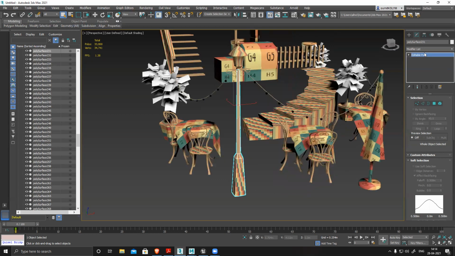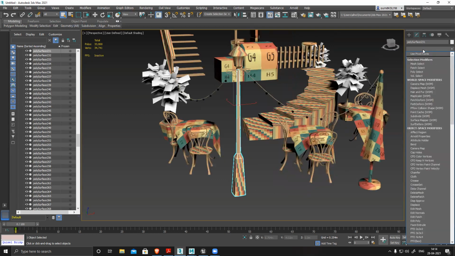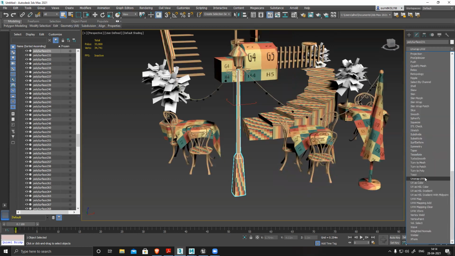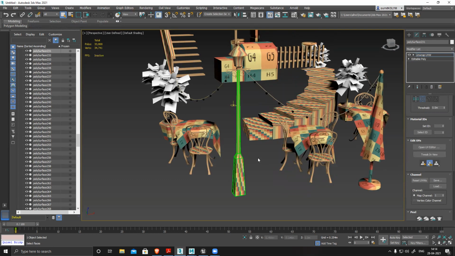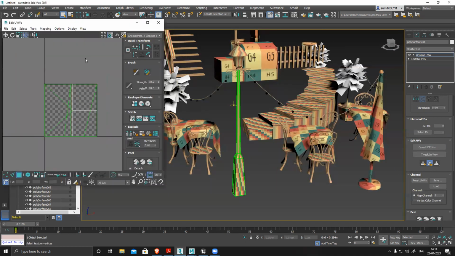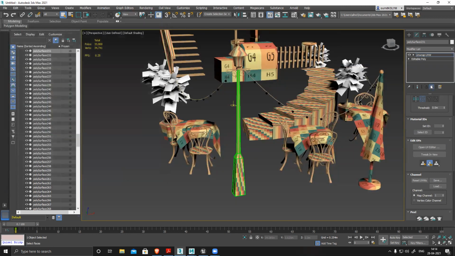Okay, let's unwrap this. Okay, I have unwrapped this also. Why is it showing this error? Okay, unwrapping is not there. It's showing me some error. Let's start with something else.